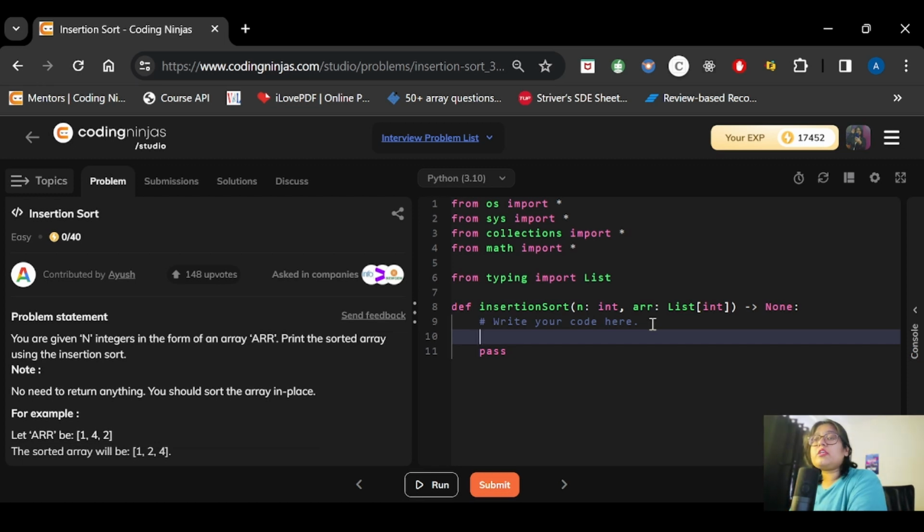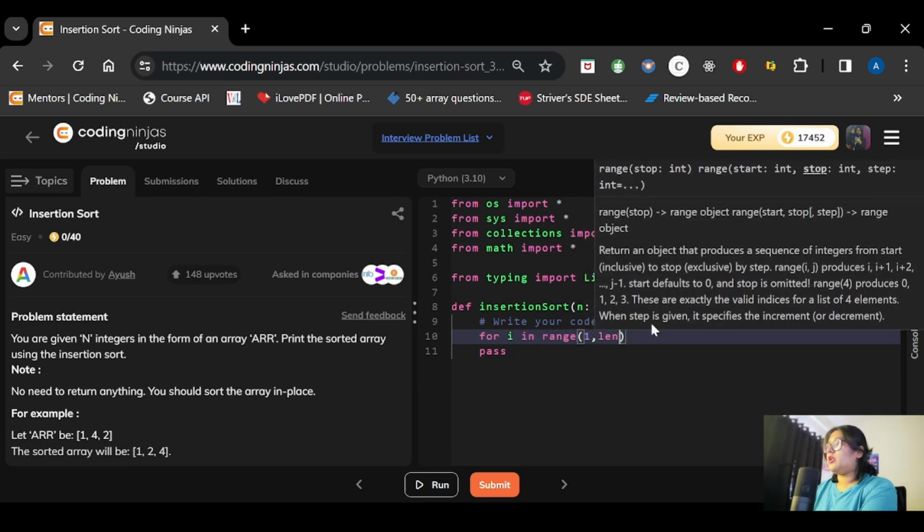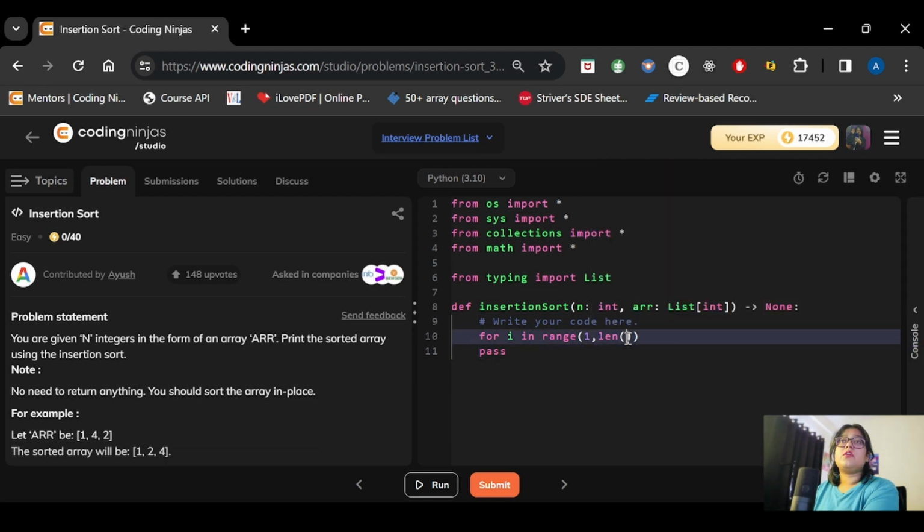Okay, so first we saw that we were starting an i loop, and it was starting from 1 and going till less than n. So we will have an i loop and it will start from 1 and go till length of the array, right? So here we have been given n, so we will be just giving n.